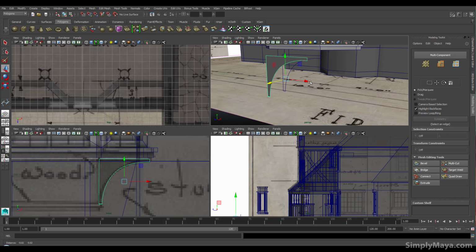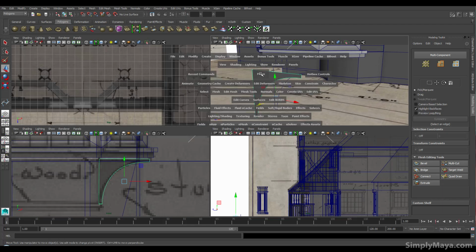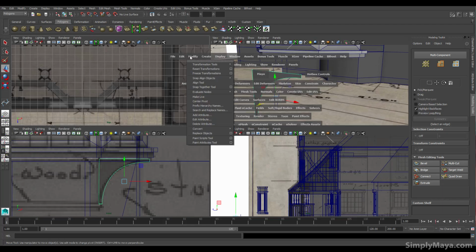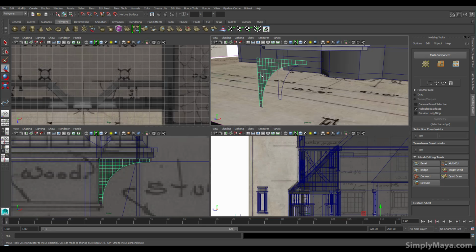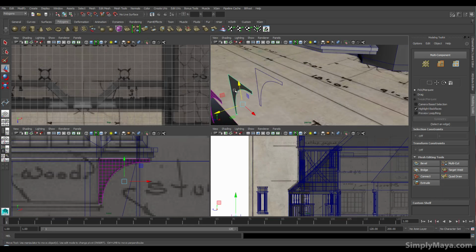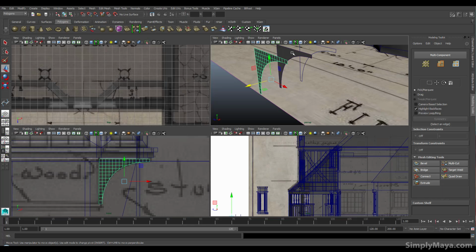Okay, so I get this very nice NURBS surface. Now I need to turn that into a polygon. So modify, convert NURBS to polygons, and there we go. This has given me this polygon object, and again I'm going to have to center the pivot. So there we go. So from the Bezier curve to the NURBS object to the polygon, and it's purple because